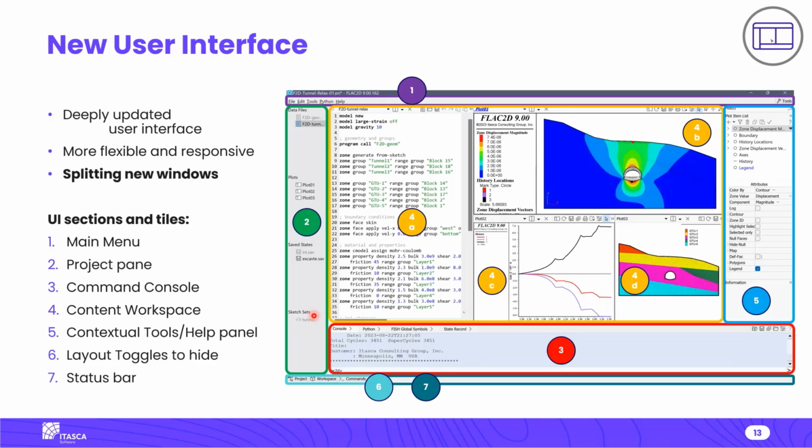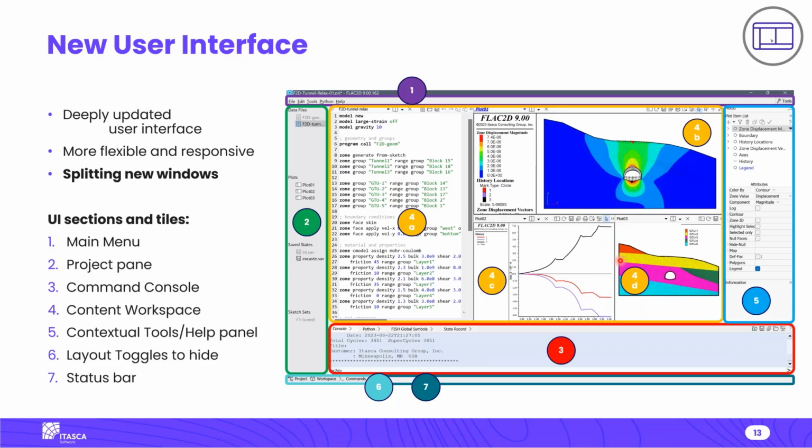In FLAC2D, only sketch sets are present though. Then we have a command console, which hosts the information of all the inputs and commands that are being typed in FLAC2D. Also here we have the Python console, information about FISH symbols, and state record, which records every operation that the user does in FLAC2D. Finally, we have the content workspace, which can be shared between data files, plots, sketch sets, and other